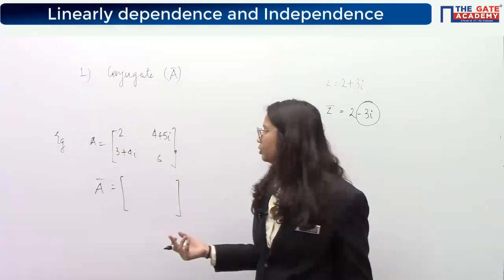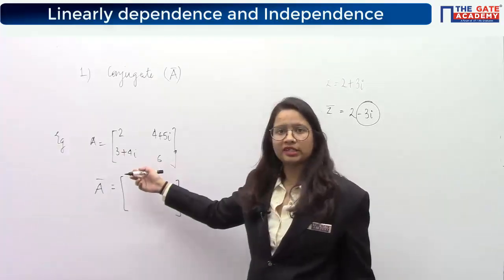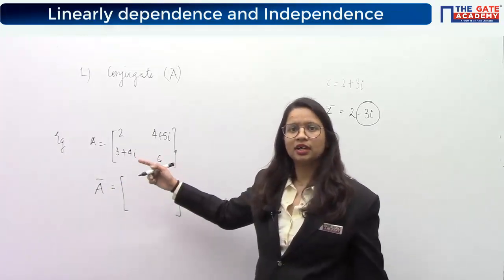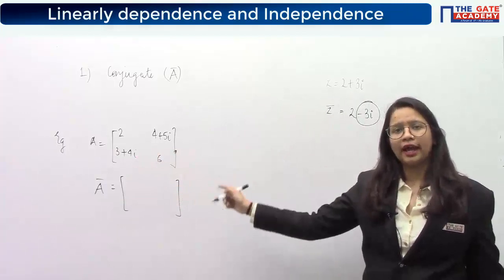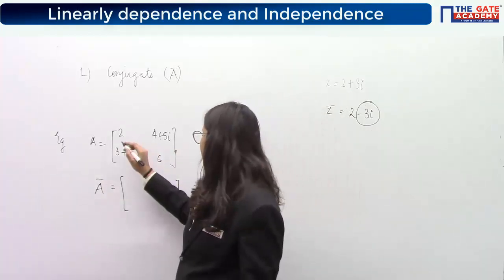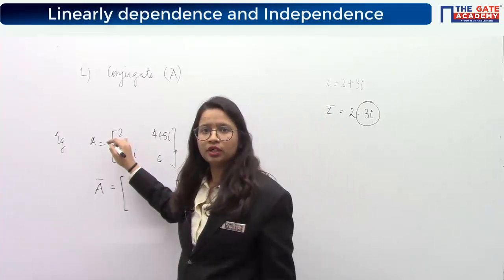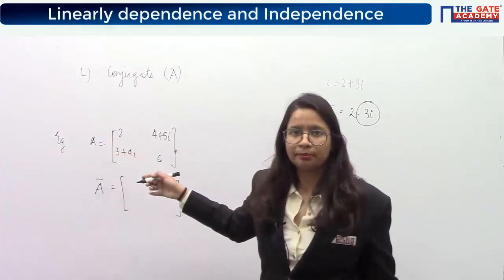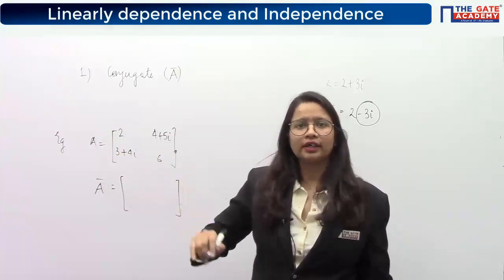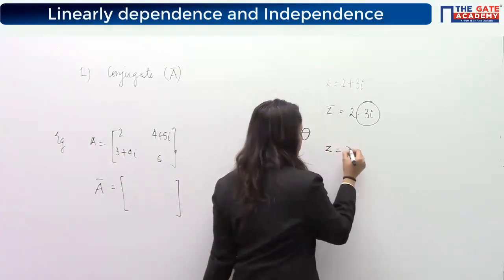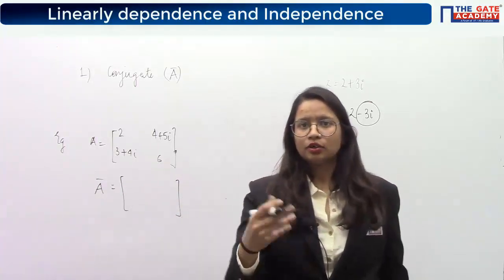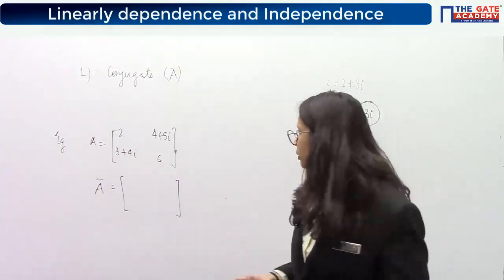So what are we trying to do? If this is a complex matrix, to find out its conjugate matrix, we will just take the conjugate of all the elements of the matrix. Okay? So if I ask you what is the conjugate of 2, 2 has no imaginary part, so it will remain the same. Its conjugate will be 2 only. If z is equal to 2, and you take its conjugate, it will again come out to be 2, because there is no imaginary part, no flipping of the sign.